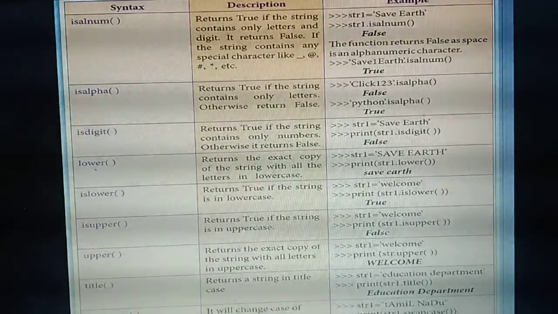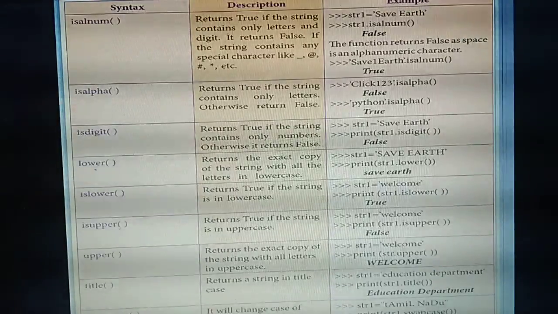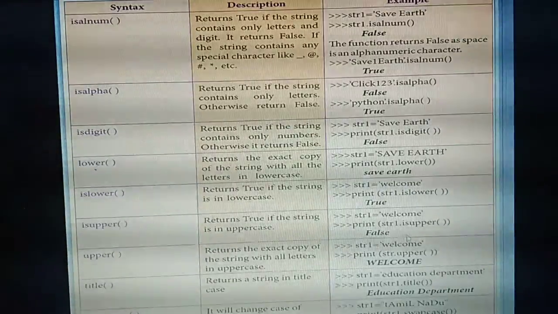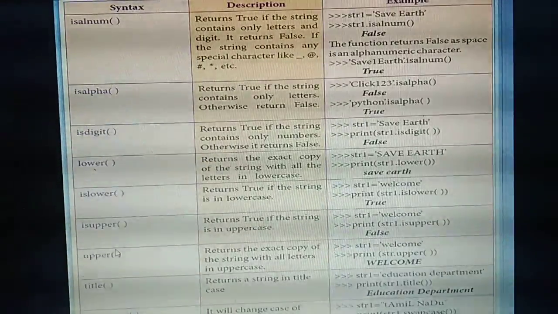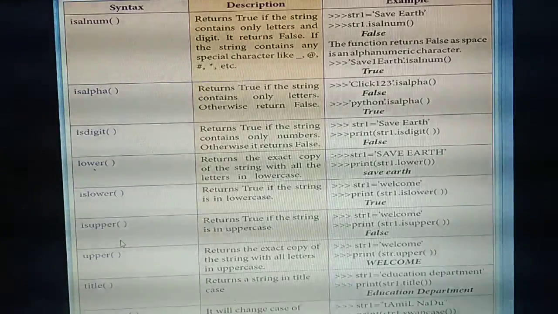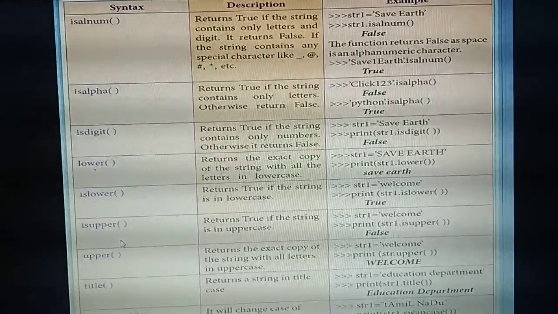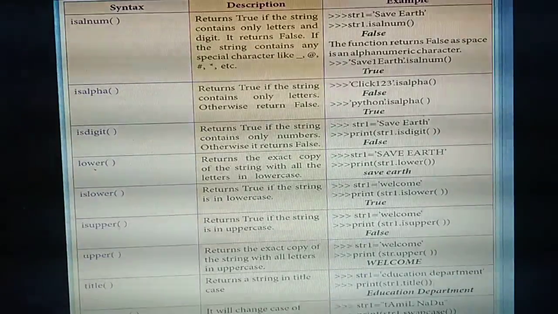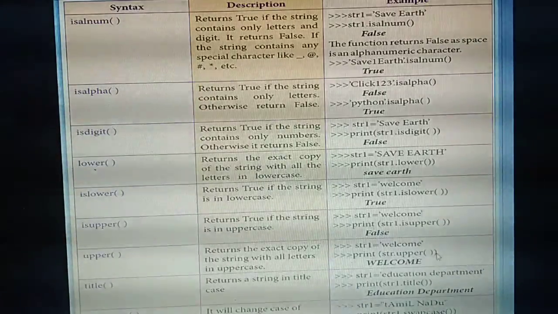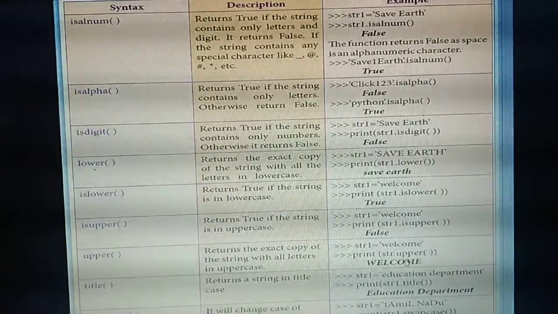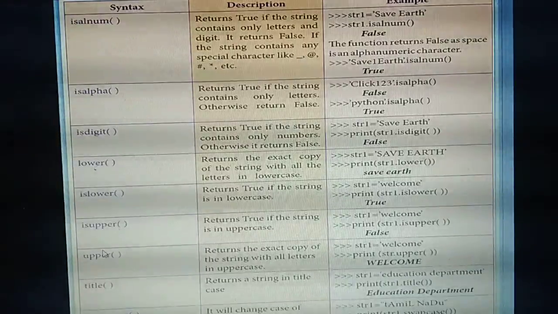See, here they are giving str1 welcome. Even if you are checking this with isupper, is this a capital letter? No. So your output will be False. Okay. Next one, upper. Upper means it will convert the given letters into capital letters. If you are giving some words, the same words it will convert into capital letters. So in this you are giving welcome in small letters. You are changing it with upper, so the small letters will be converted into capital letters. Now can you find the difference between isupper and the upper function?